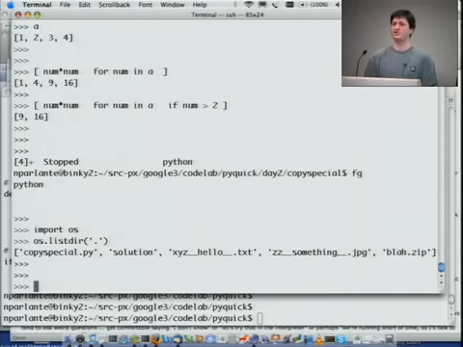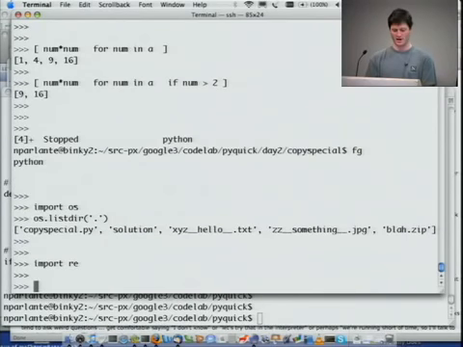All right, so there's that list. So I'm just going to, can we write a comprehension to make the list of special files all in one step? I'm kind of pushing the envelope a little bit here. So I'm going to say import re. So here, I'll do the square braces. So I want to say for f, this is the file name, for f in os.listdir of dot. Now I just want f. So it's f for f in os.listdir, and then I want to add an if statement here, right? I want to say if